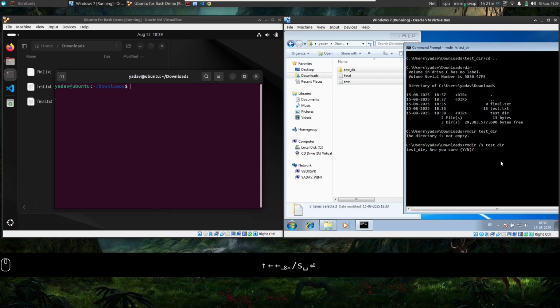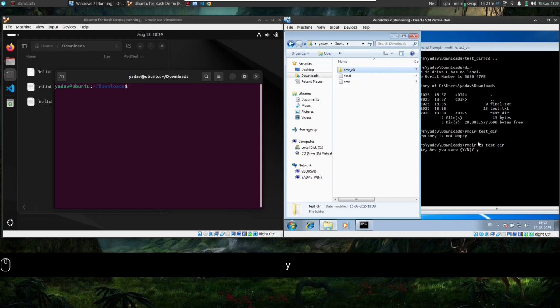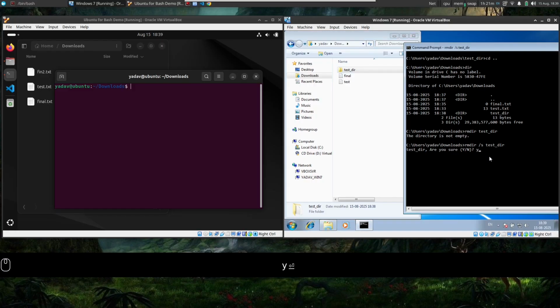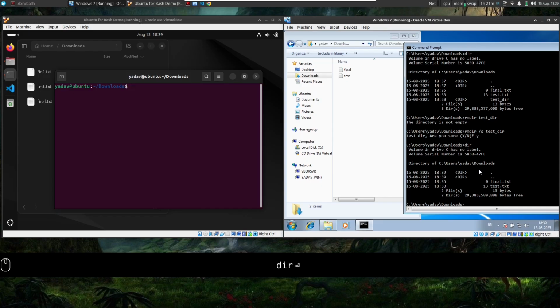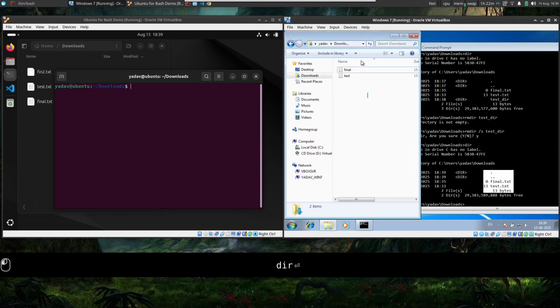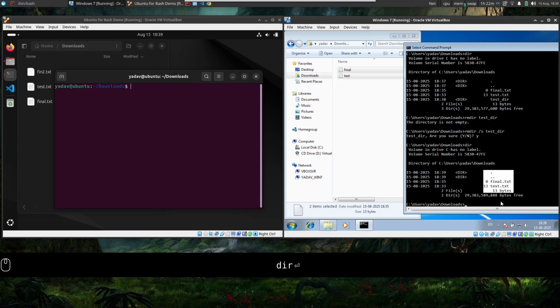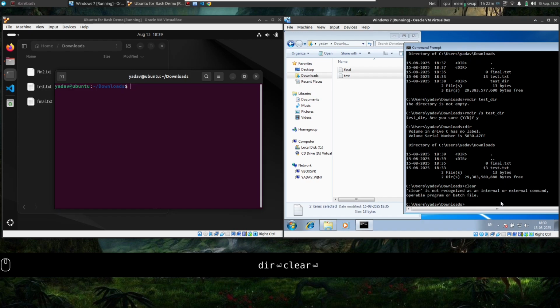Are you sure you want to delete? I'll press Y. I'll press enter and you focus that this directory will get removed. See, if I do a dir, you can see that it is nowhere to be found. Got removed. For the files, there is the del command.